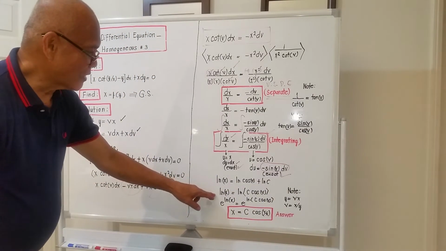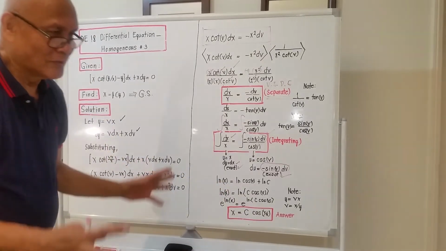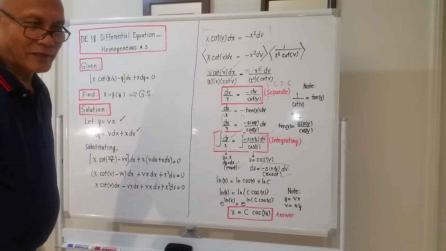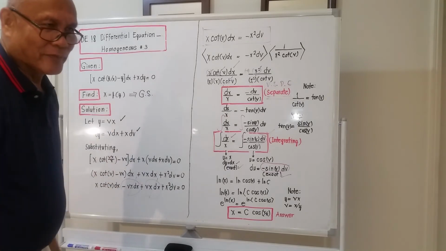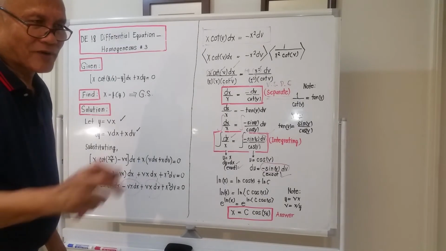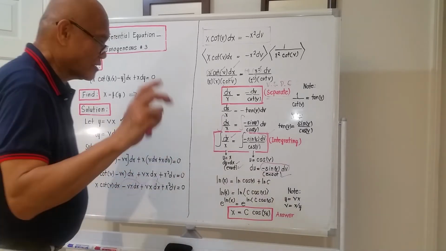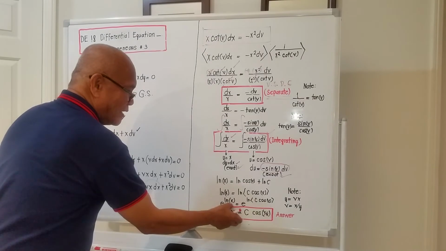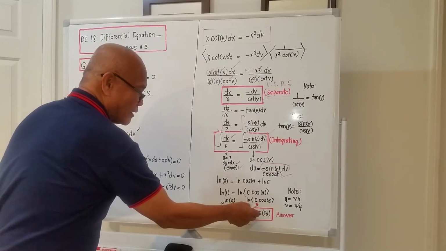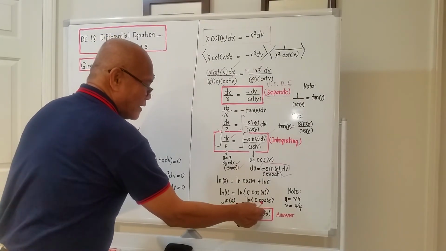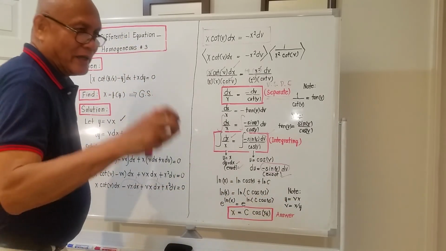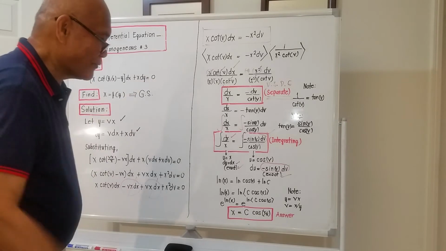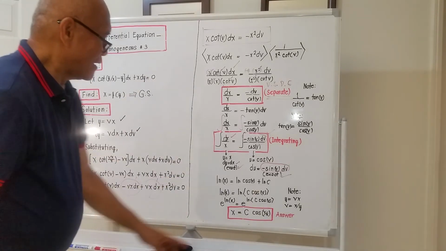There is a natural logarithm, there is a natural logarithm, so to free the left and right of the natural logarithm, take the antilog of both sides. And under natural logarithm, the proper way on how to take the antilog is simply written as e raised to the natural logarithm of x equal to e raised to the natural logarithm of the product c cosine of b. And the antilog of the natural logarithm of the given function is just the given function. So what will come out on the left will be x